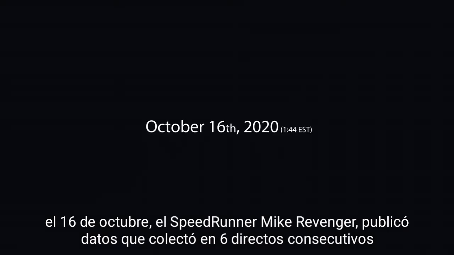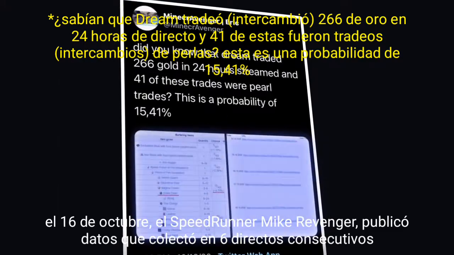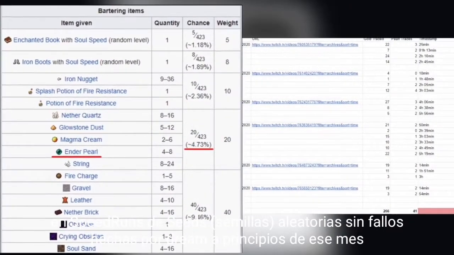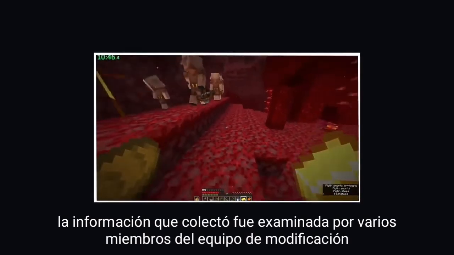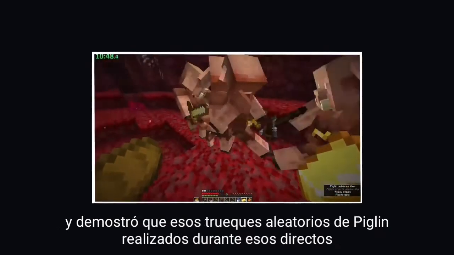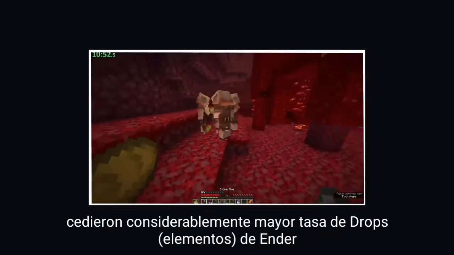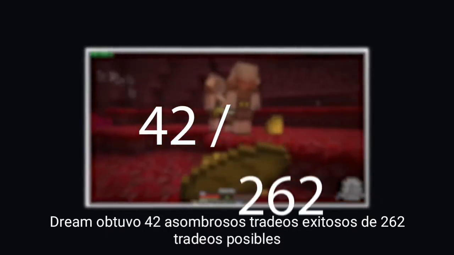On October 16th, speedrunner MinecraftVenger posted data he collected from 6 consecutive livestreams of 1.16 random seed glitchless speedruns by Dream from earlier that month. The data he collected was reviewed by several members of the mod team, and it showed that random piglin barters performed throughout these streams yielded significantly higher ender pearl drop rates, Dream getting an astounding 42 successful trades out of